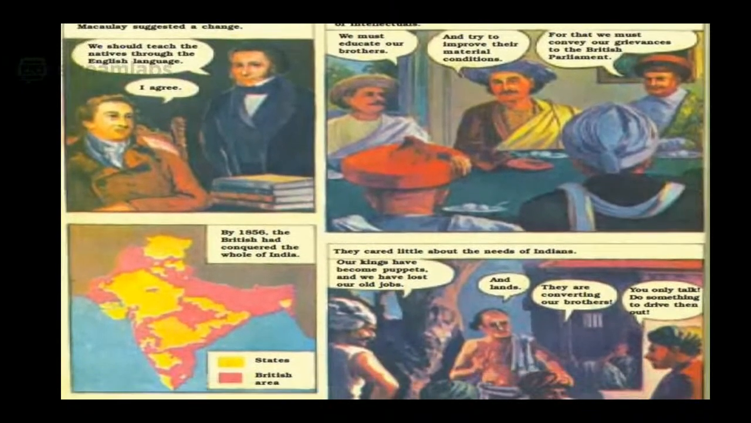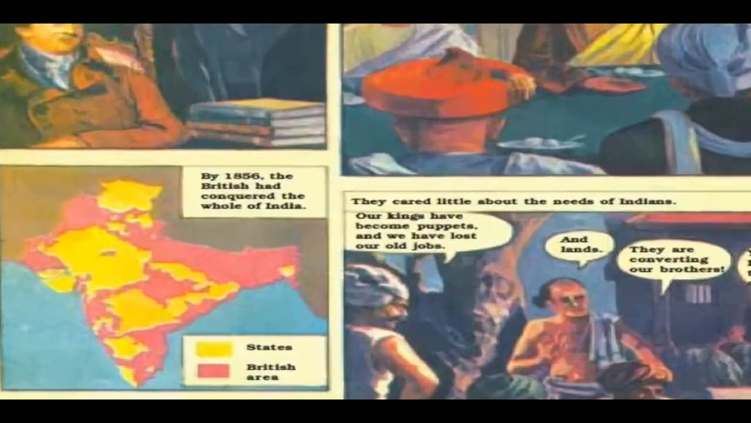At this juncture, they did not think of overthrowing them or sending them away. They were just thinking at this stage how to improve the conditions and talk to Britishers to improve their conditions and to help Indians. Now here in this map